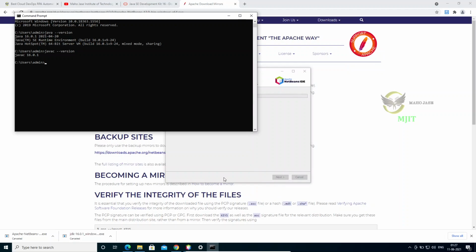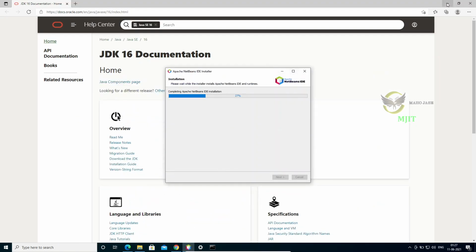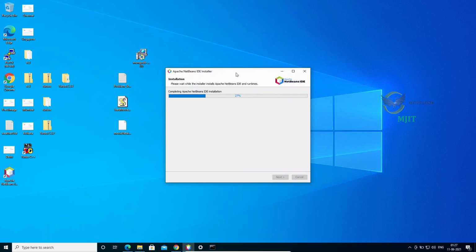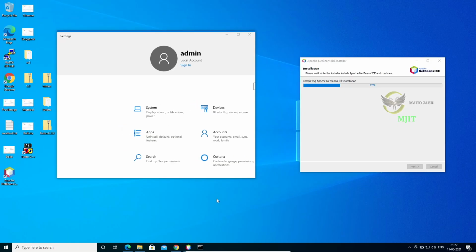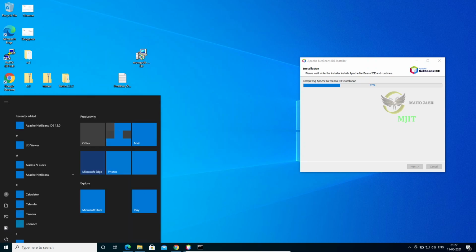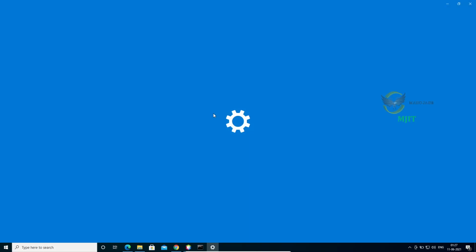We already have the path of the bin folder of our Java. So let me open the settings.